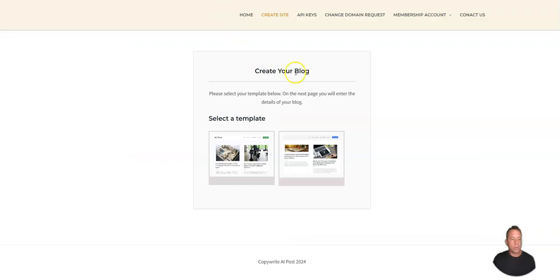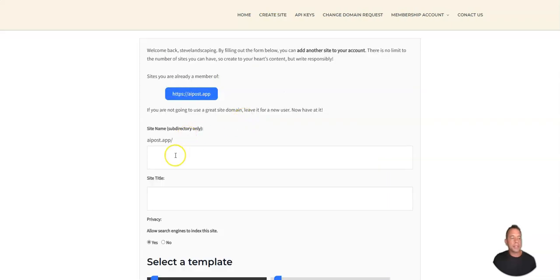So we're going to first click on Create a Site, and now we're going to have the option of a variety of different templates that we can create our website from. You can view the templates by clicking on the View Demo button. We're going to select the green template, and we're going to need to give our website a directory, but we'll be able to change the domain name to our own custom domain name,